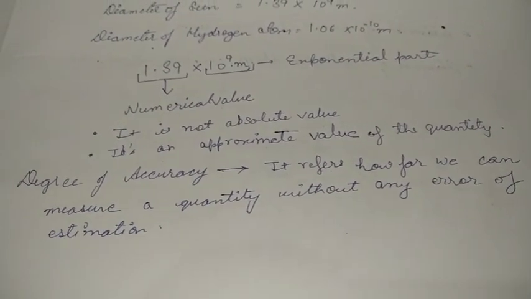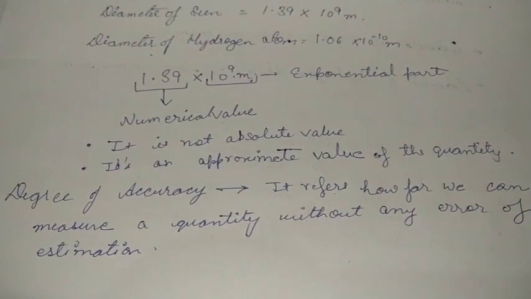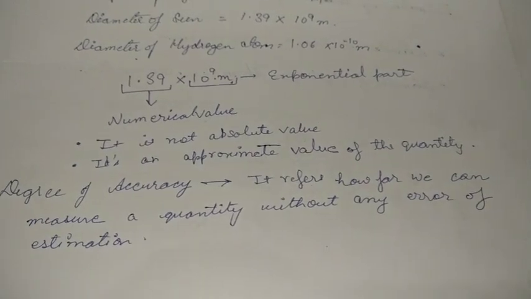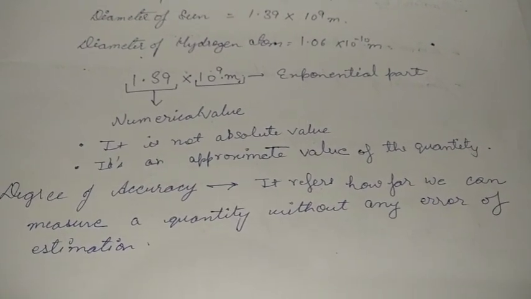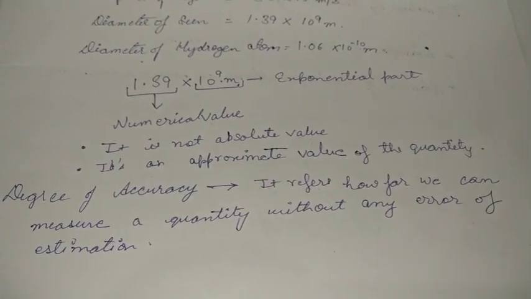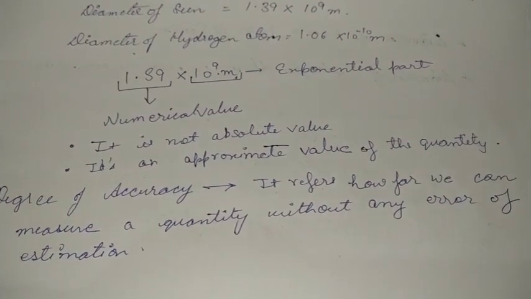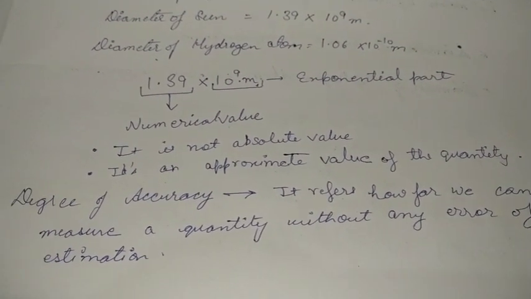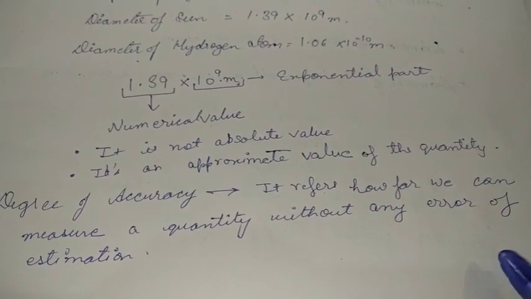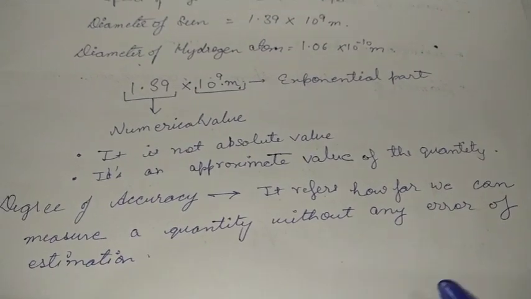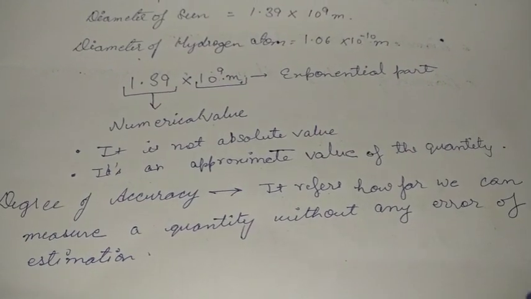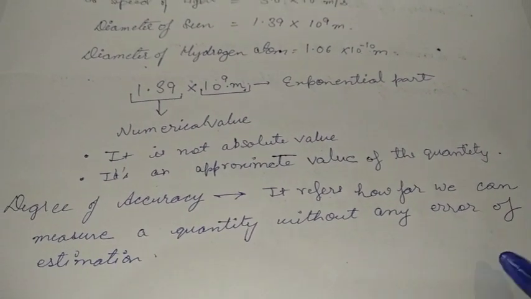Now this is very important in terms of physics, whenever we are doing any experiment in the lab. Then you will come across this very thing, that the degree of accuracy matters a lot. This is the thing through which we can measure a particular quantity without any error of estimation. So we are not estimating. Might be a particular value is coming out to be 989.73 and we are writing it as 990. So 990 will be an estimated value, but taking that value as a proper accurate value is not right.